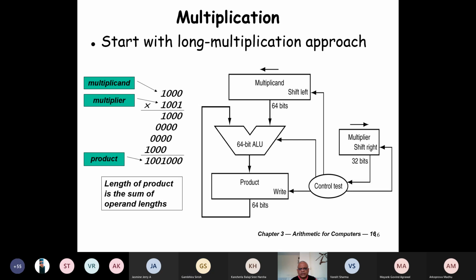I'll tell the TAs that, see, normally the marks are out almost 1 or 2 days after the quiz. They mail me, and I didn't know that. I just asked them whether all students are able to see their marks. They said yes. I'll check that all students should see their marks for all quizzes, so that later there is no controversy. Also, if there is any difficulty in the correction, first correspond with the TA. And if it is not resolved, and you are not happy with their resolution, send me a mail. I will get it resolved.